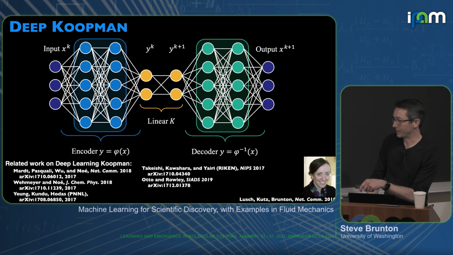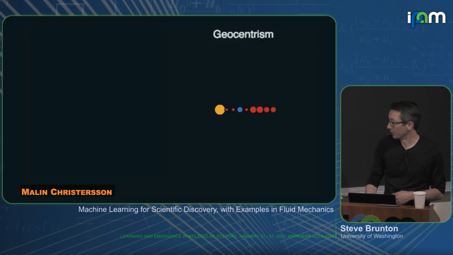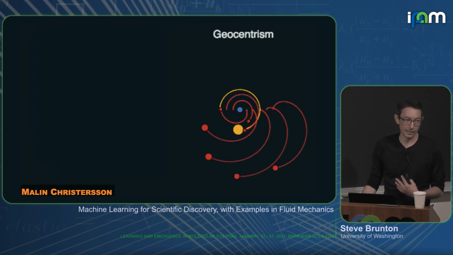This is an old slide, so there's a dozen papers at least that are trying to use nonlinear autoencoders to learn latent linear representations of the dynamics related to Koopman. It's a pretty exciting area, getting the best of both worlds of coordinates and dynamics. And maybe I'll just then give a philosophical teaser. This is the philosophical reason why we think this is so important.